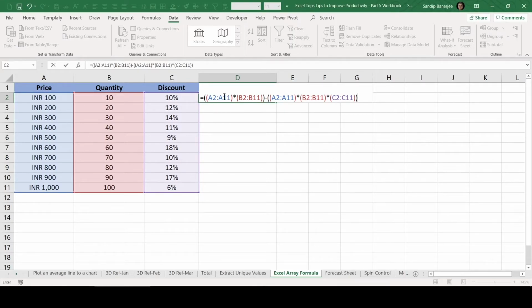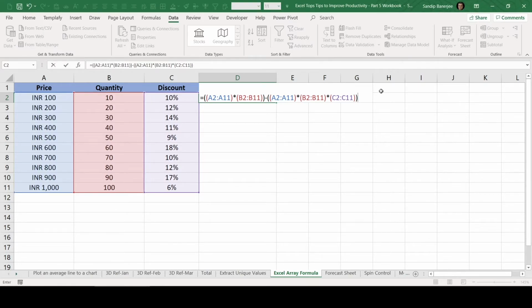First one is your price multiplied by quantity, so you will get the value of this particular product. And from there, you need to subtract your discount, which is again this entire value multiplied by your discount. Now there is a difference in how we are going to calculate this. Normally, we calculate price as one particular cell multiplied by the quantity cell, and then we subtract discount from there. But here we are doing it for the entire range because it's an array formula.